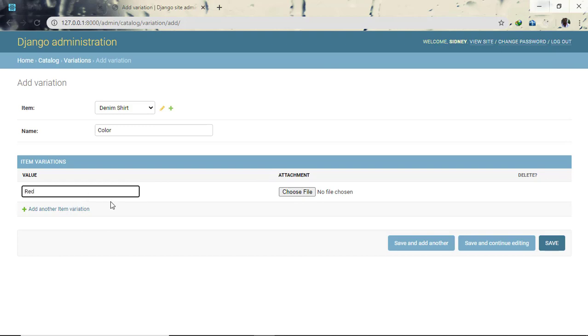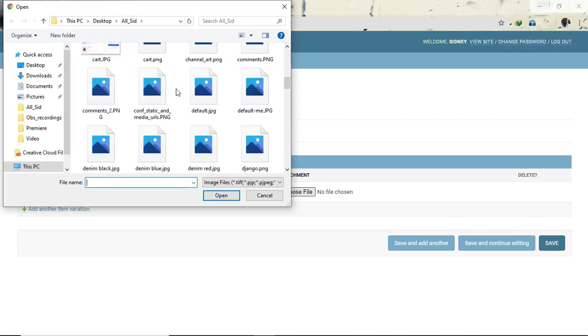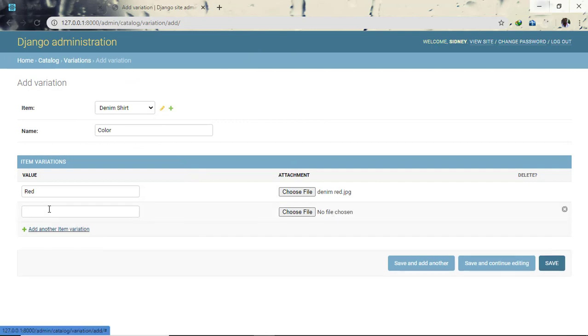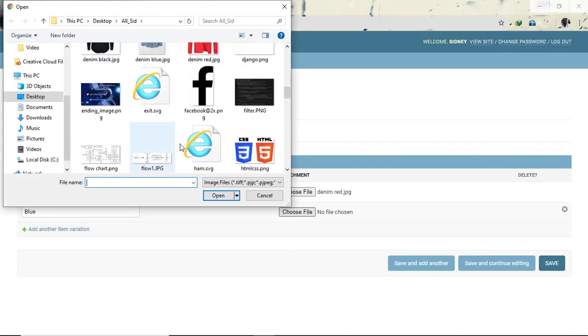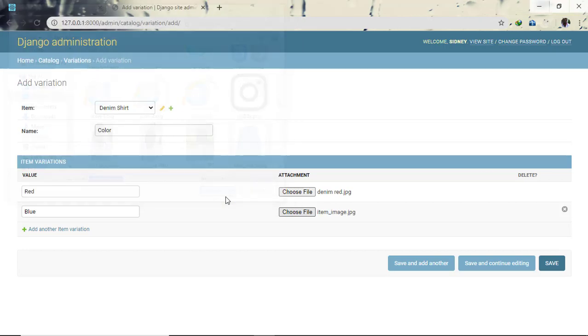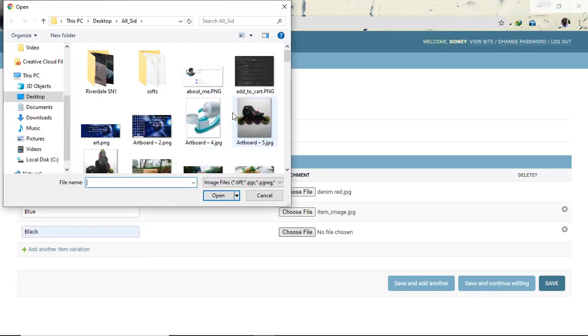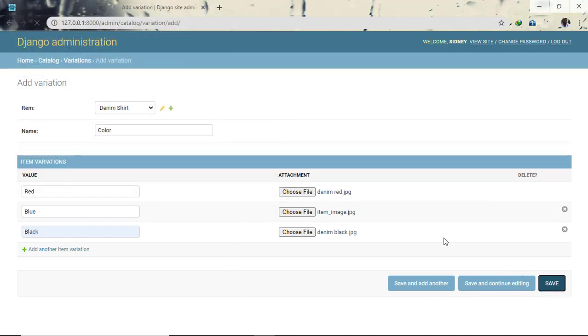We can have red shirt, then we can choose a file. So a red shirt like that, add that there, add a blue shirt, choose a file, then we have our blue shirt there. We can add another one, which is just black shirts, choose the file, and black, go. So we can save that,